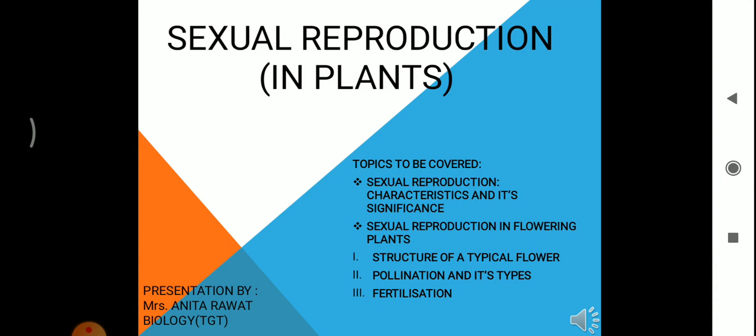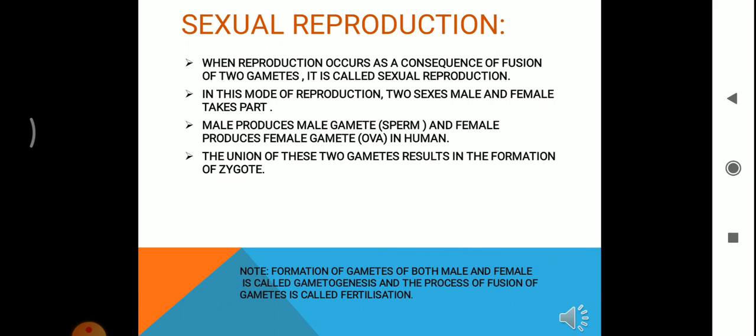What do you mean by sexual reproduction? Students, when reproduction occurs as a consequence of fusion of two gametes, it is called sexual reproduction. In this mode of reproduction, two sexes, male and female, take part. Male produces male gamete, which is called sperm, and female produces female gamete, which is called ovum or